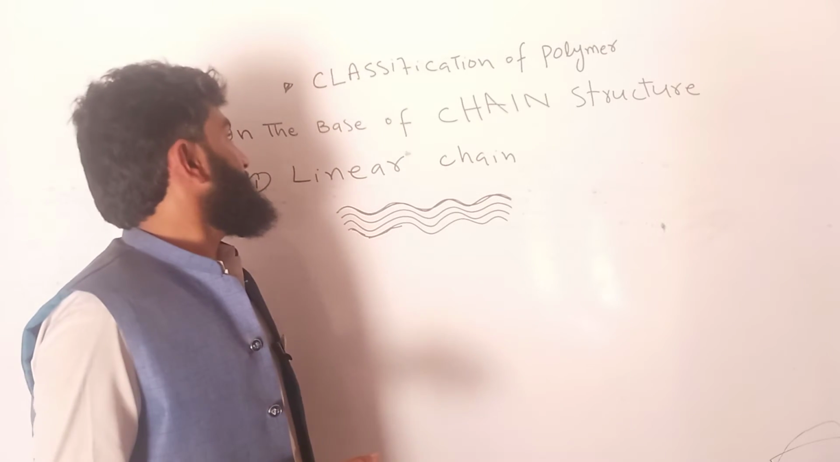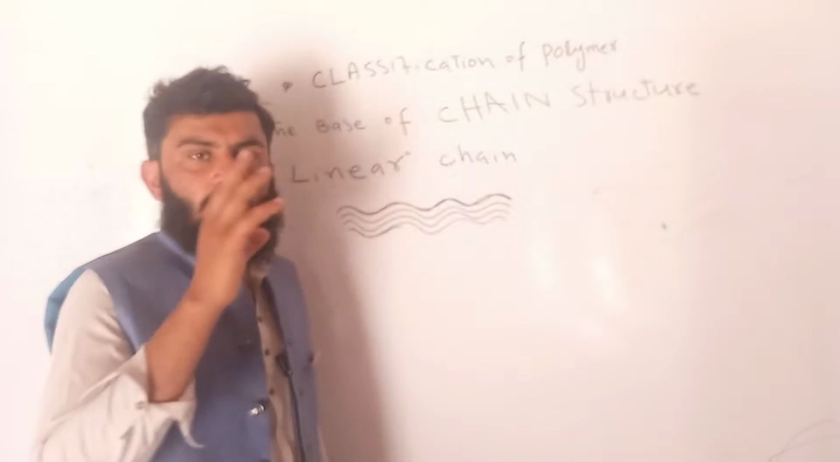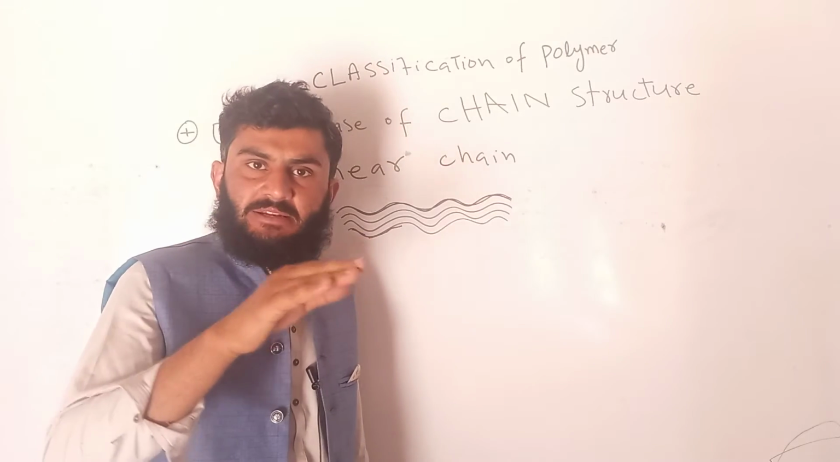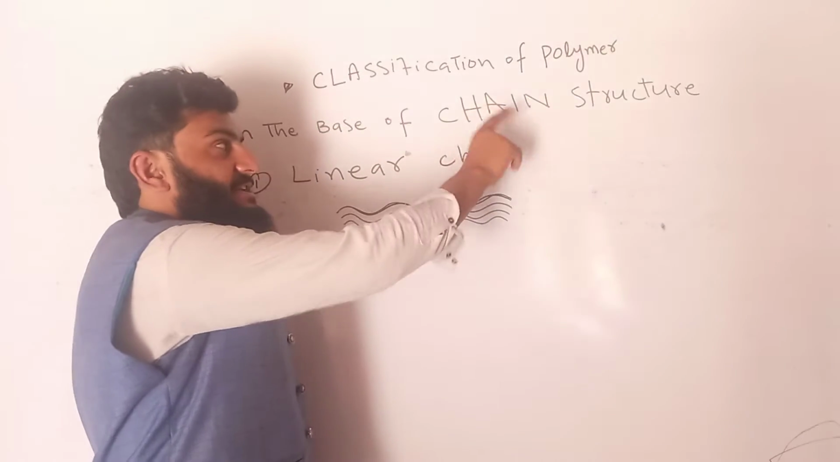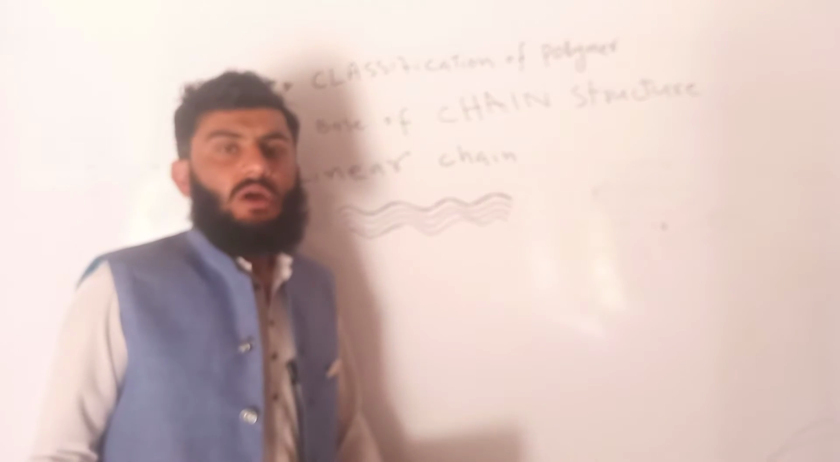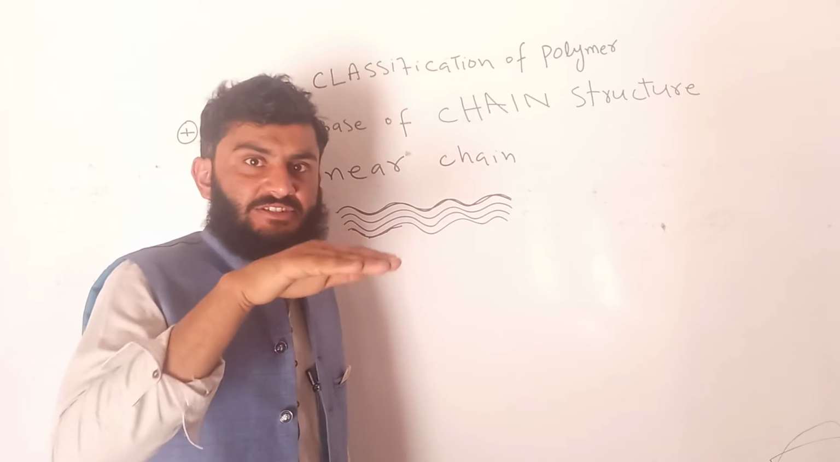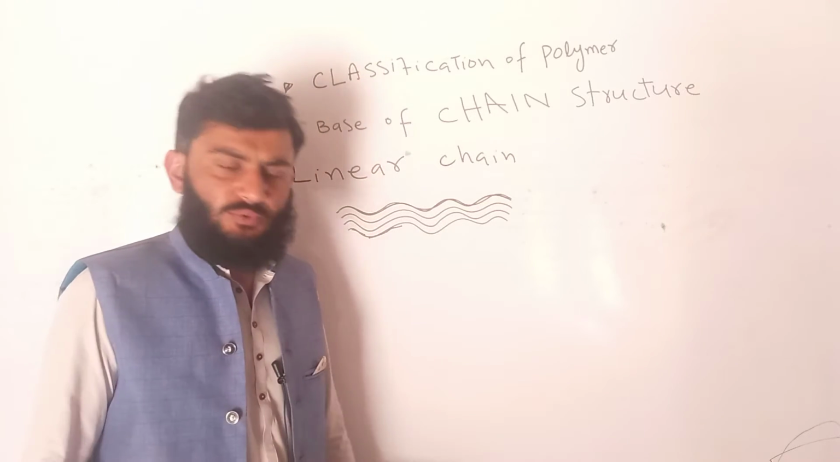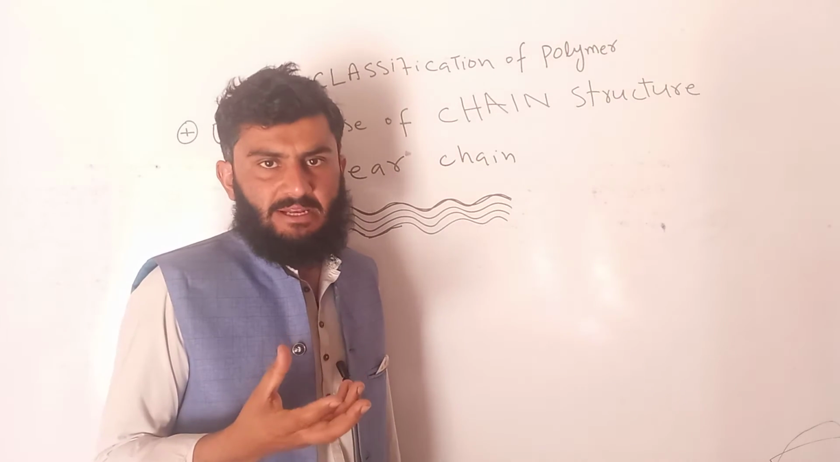Today we are going to discuss classification of polymer on the basis of chain arrangement, on the basis of chain structure, that is, how the polymer chains are arranged with respect to each other. You know that polymer is actually composed of monomer, clear? And